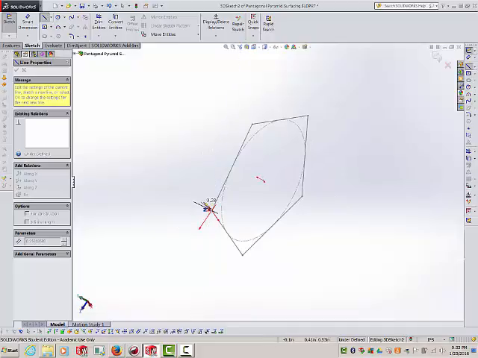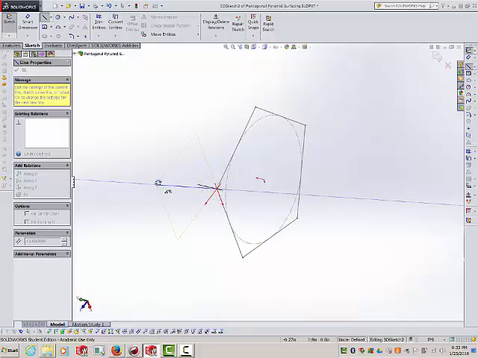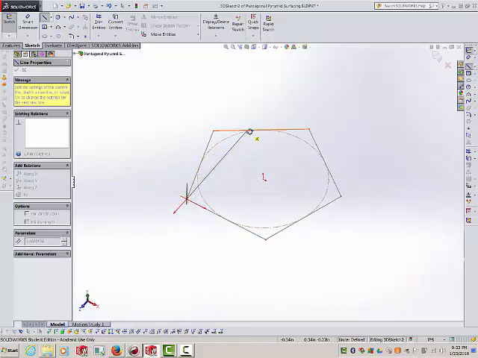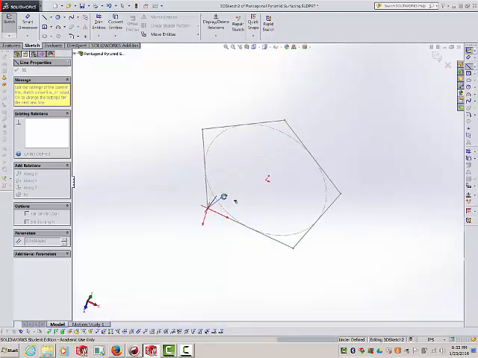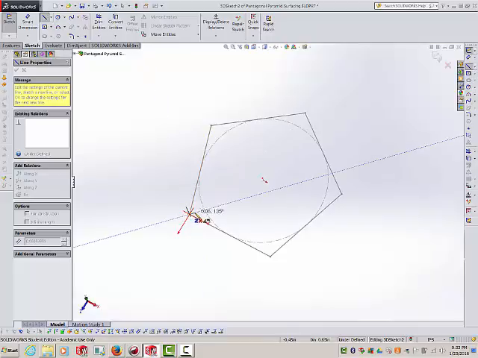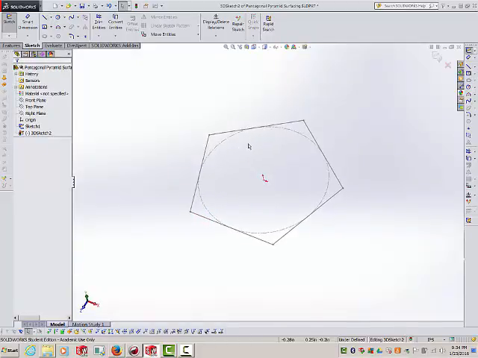Notice it's coming out, depending on how I set this up, it's going to try to go orthogonal to one of these planes. And there is a way that I can control that here without having to deal with that. So what I'm going to do is create a 3D sketch,